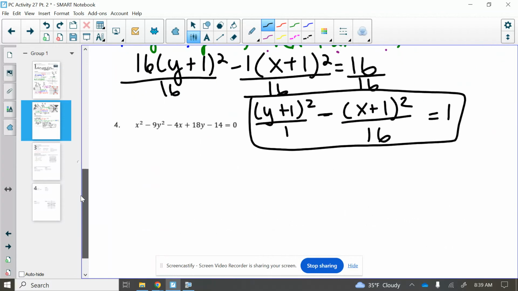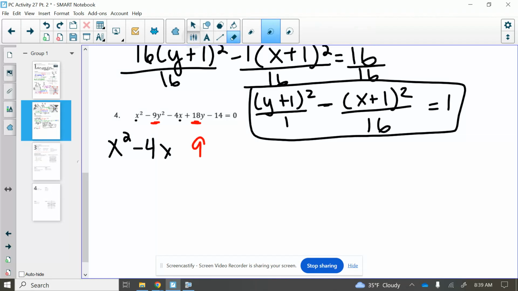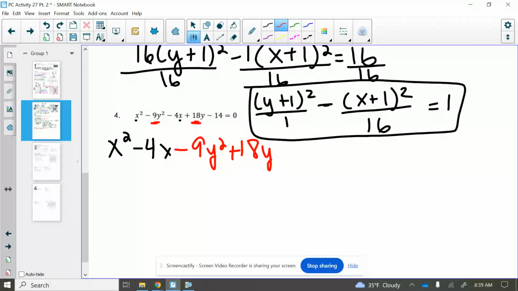Okay, last one then will be for you to try. Don't forget you want to group these to start and look for any GCFs as necessary. Now the nice thing for this first one is with the x's you are not going to have to worry, but it is minus 9y squared plus 18y, and then we can move that 14 over to the right-hand side. Just remember, before you can complete the square, you are going to want to look at that